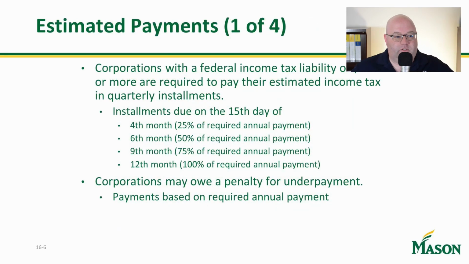So estimated payments, just like for individuals, corporations have to make estimated payments for federal tax liability. If you have federal tax liability of $500 or more, you're required to pay that over time. In other words, it's like J.G. Wentworth. IRS says it's our money. We want it now. We don't want to wait for an entire year to get it. So they say, look, you're going to calculate what your estimated tax payment's going to be, and then you're going to pay this. And if you don't make a payment, you'll have an underpayment penalty, and that'll be based on the annual payment